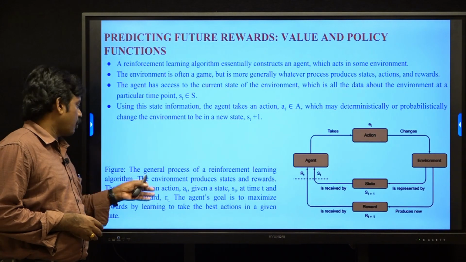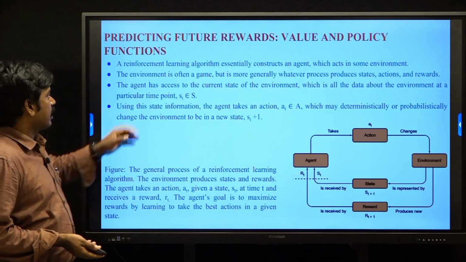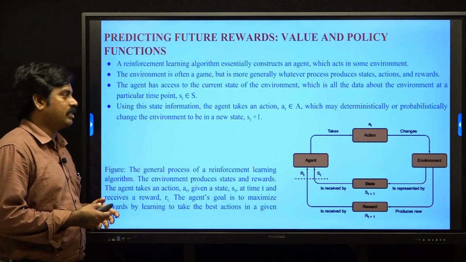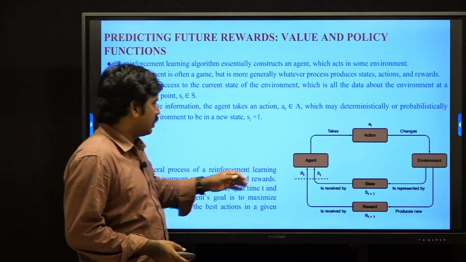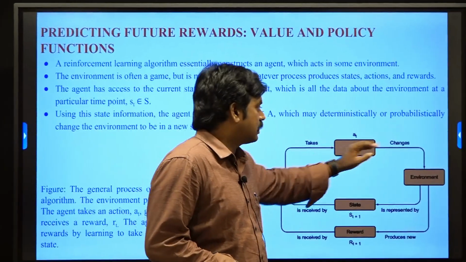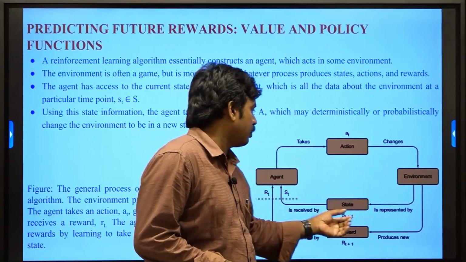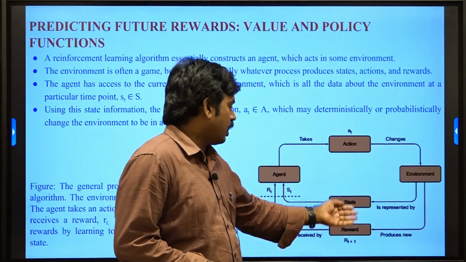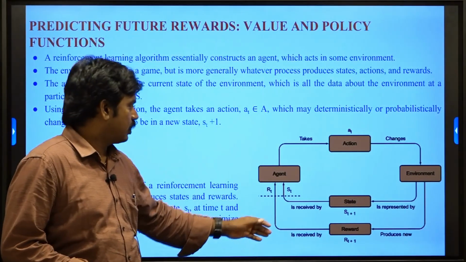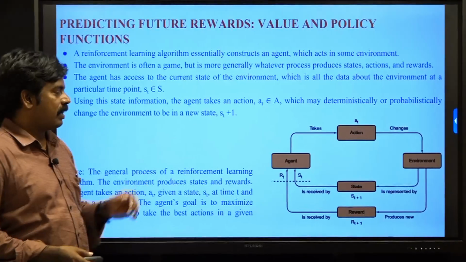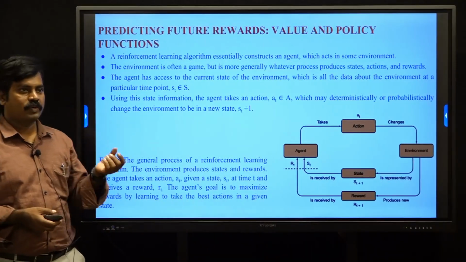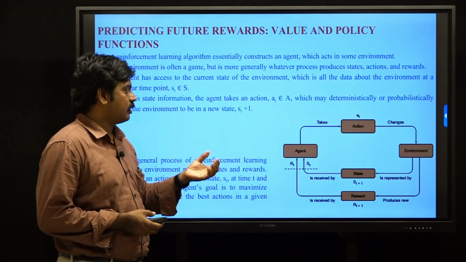In the general process of a reinforcement learning algorithm, an agent interacts with the environment. The agent interacts with the environment through actions. The actions change the environment from a particular state into another state, and the environment also produces rewards for the agent. When the agent applies some action on the environment, the state of the environment is changed into